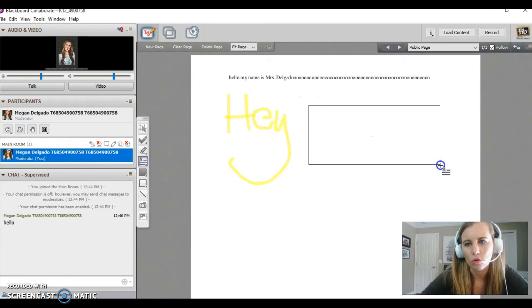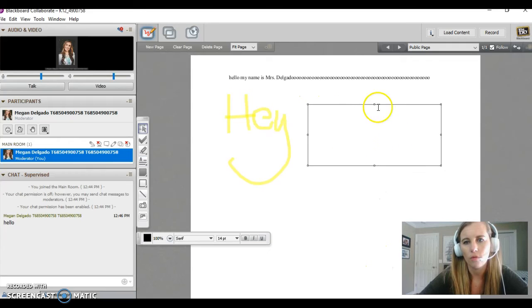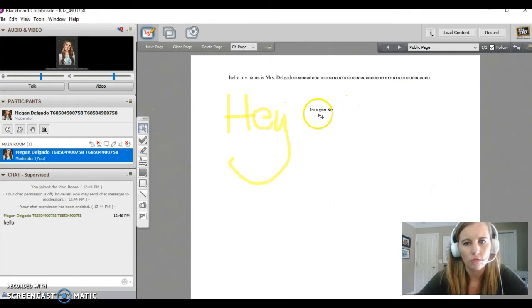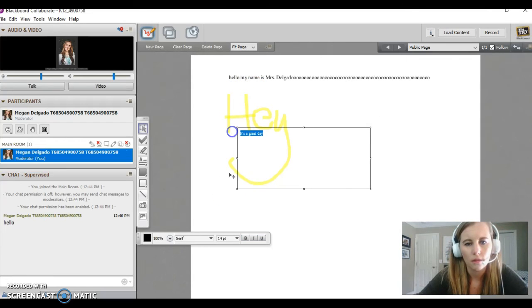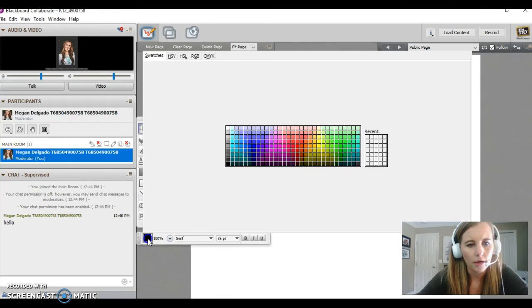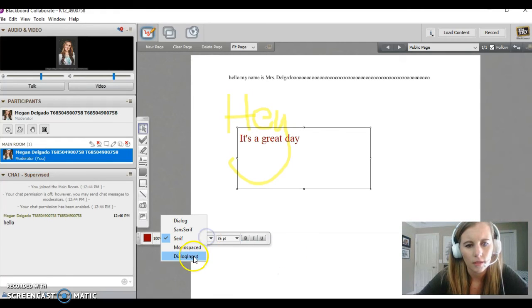That one helps you create a text box. So now this whole box is on my text. I would type in there. And then I can move that whole box around regardless of how long it is on my page. And you can double click, highlight it. You can make it bigger. You can make it colored. You can change your font. Got not a lot of options for font, but